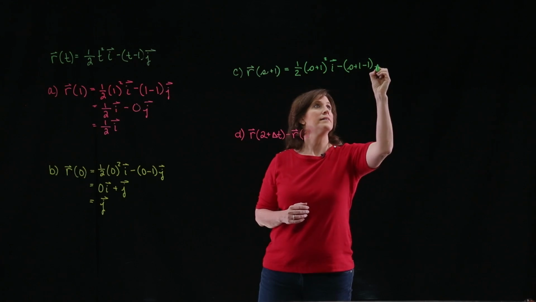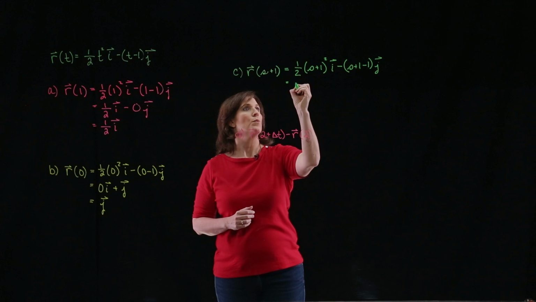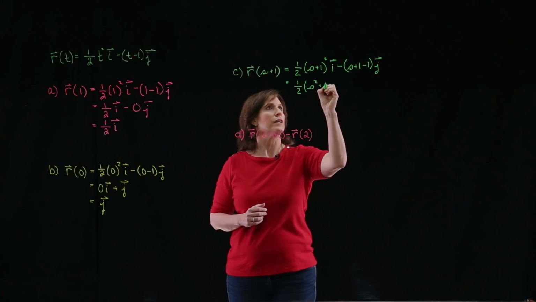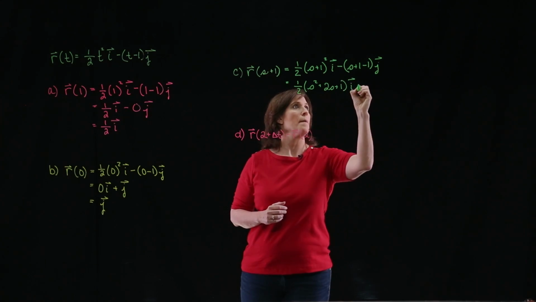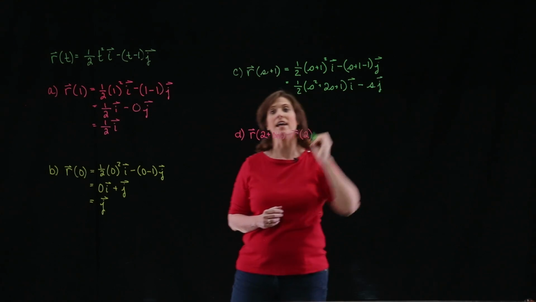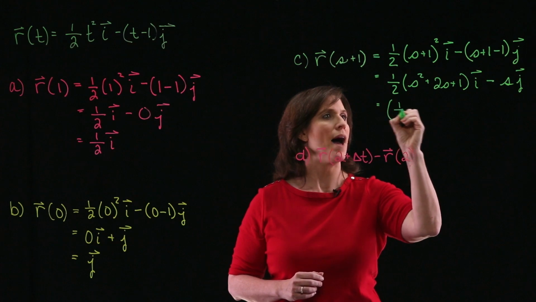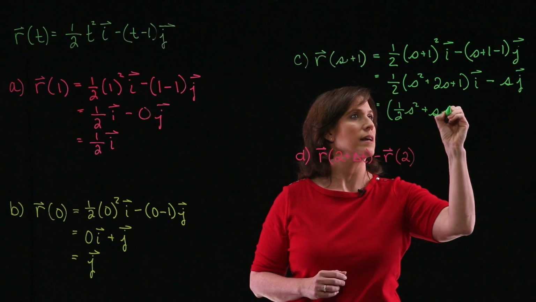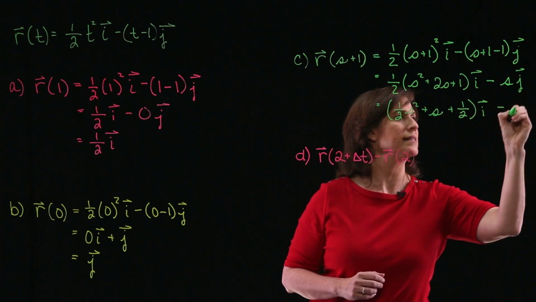minus 1 times my vector j, which is 1/2 times s squared plus 2s plus 1 times vector i minus s times vector j. And you can even distribute that 1/2 across so that you have 1/2 s squared plus s plus 1/2 times vector i minus s